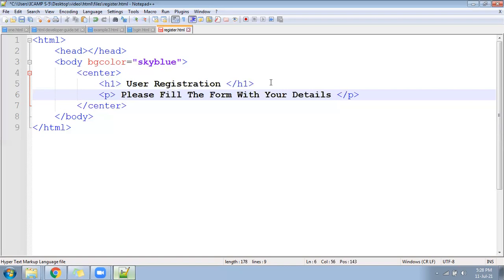So what we will see: one heading will come, and after that there will be a link. No, the link will not be there. First will be the heading called user registration, and second will be a paragraph saying please fill the form with your details. Now let us run the register page again.